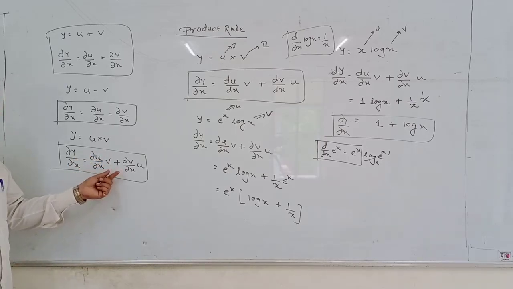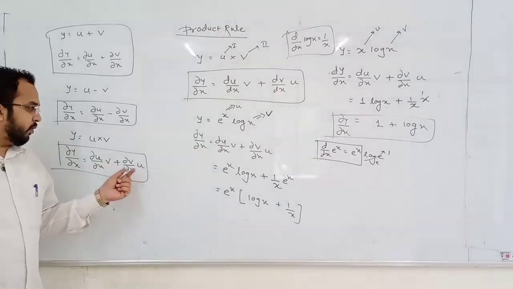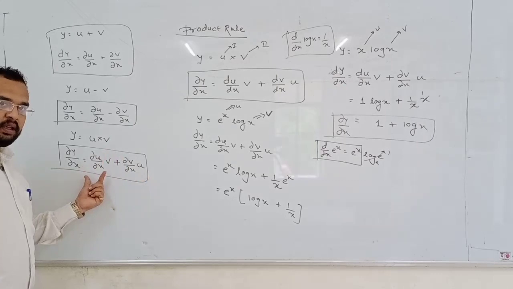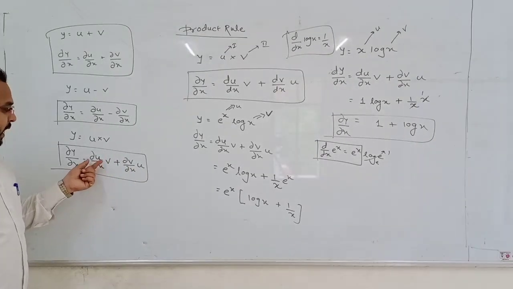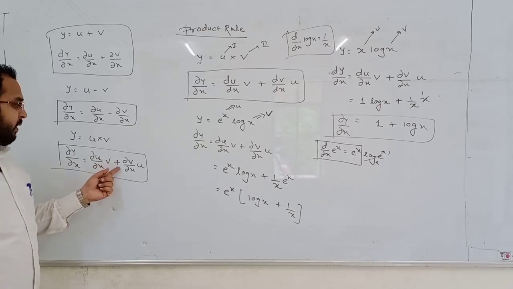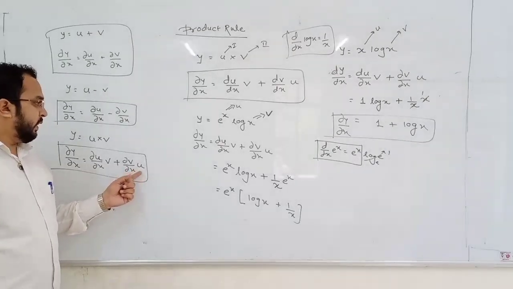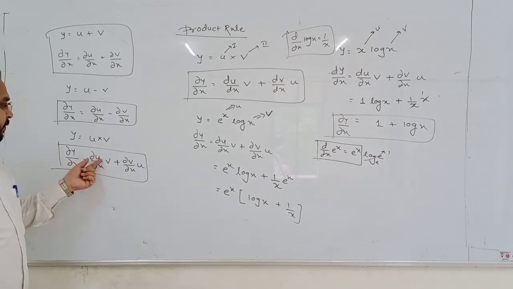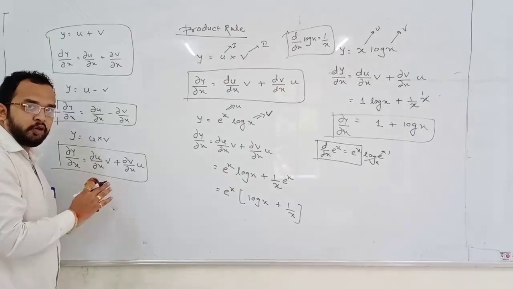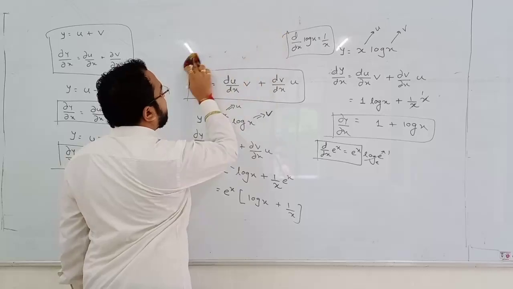Here there is a plus, so I can write this term here also and this term on this side also, because a plus b will be equal to b plus a. So we can write this first term here also and this term on this side also. But still, why have I differentiated the first term initially, keeping the second term constant, plus differentiation of second term into first term kept constant? I will explain that in quotient rule. So this is about product rule.